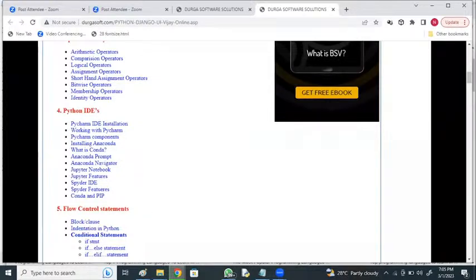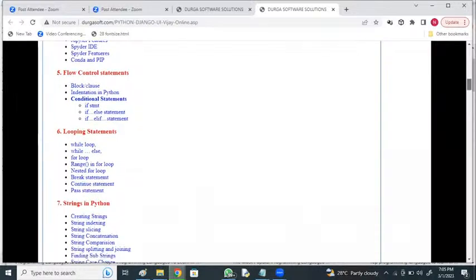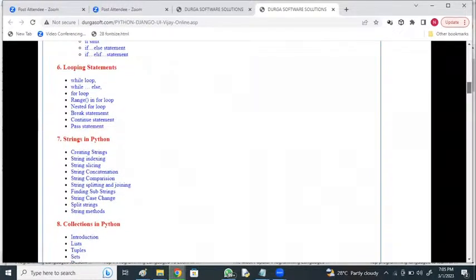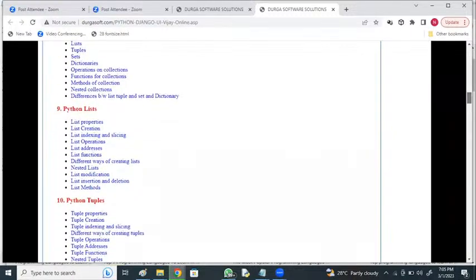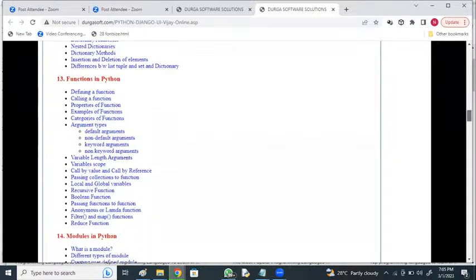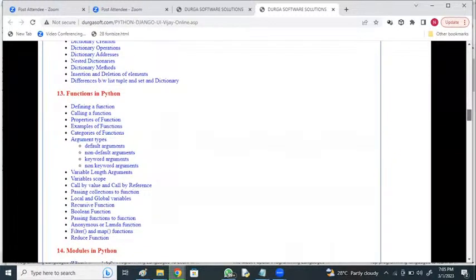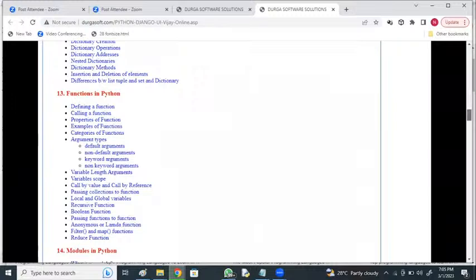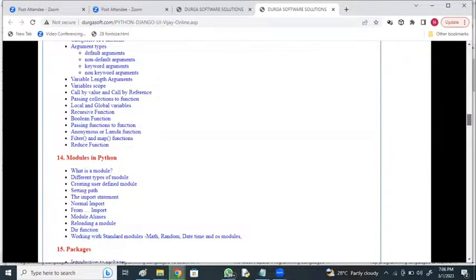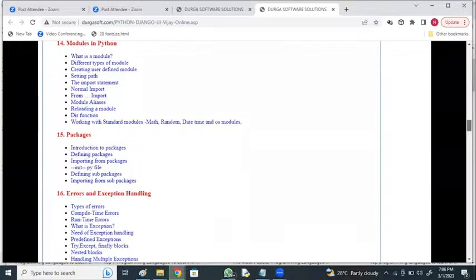Flow control statements, looping statements, strings, right? String indexing, string slicing, string functions, string methods, string special characters, right? Collections in Python, right? Python lists, tuples, sets, dictionaries, right? Everything in brief. Functions in Python: non-keyword, keyword, default, non-default arguments, lambda functions, reduce function, map function, right? Modules in Python, different ways of importing, renaming, reloading, right? Packages in Python,